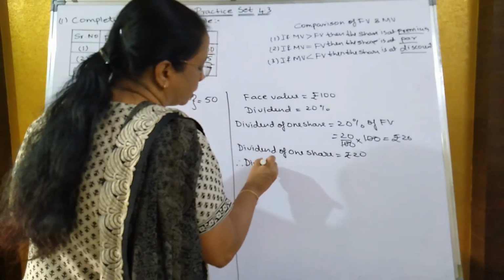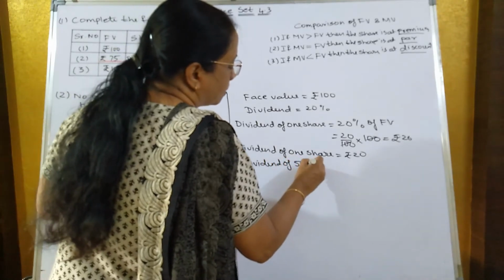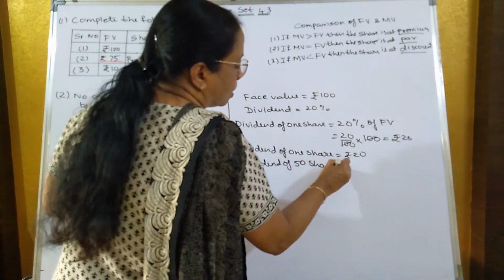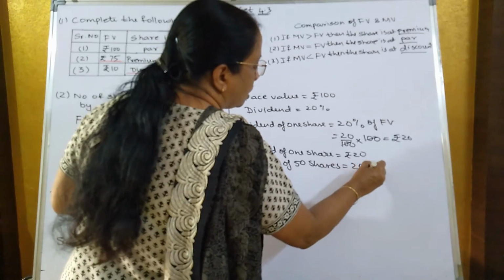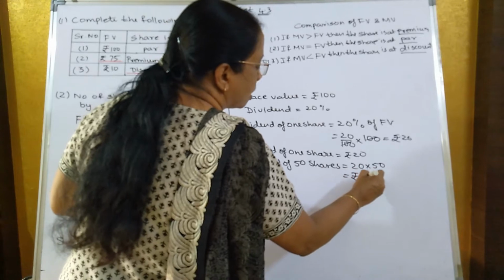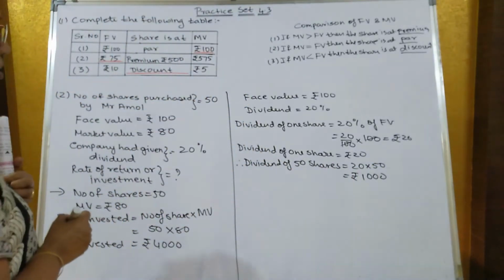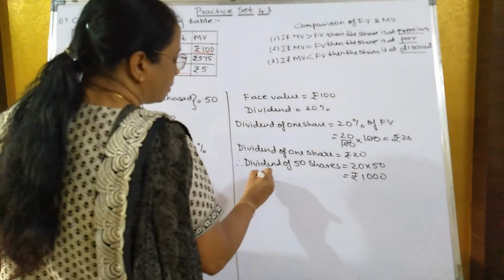Therefore, how many shares he had purchased? 50. So dividend of 50 shares is equal to 20 into 50. That's equal to how much? ₹1,000. So dividend of 50 shares is equal to 1,000. So total dividend